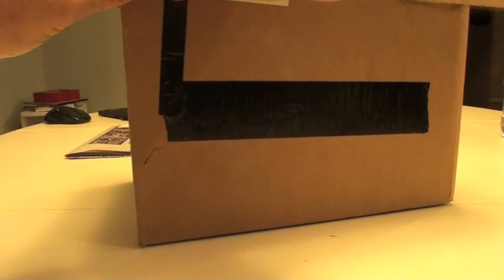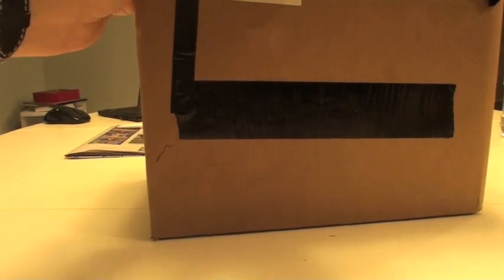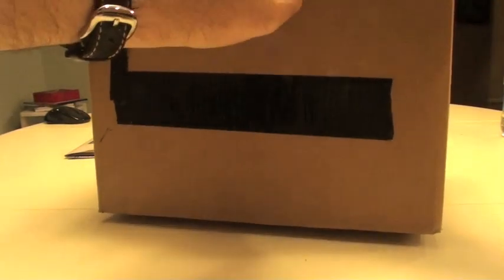Hello, it's me, and it's time to do another unboxing. This comes from Matt Bonner, who hails from Pennsylvania in the US of A. So let's see what Matt has in store for us. And while I'm opening this, I'll say that there's a point in